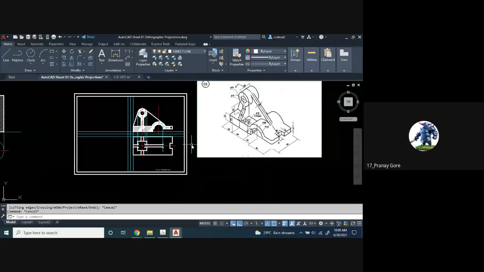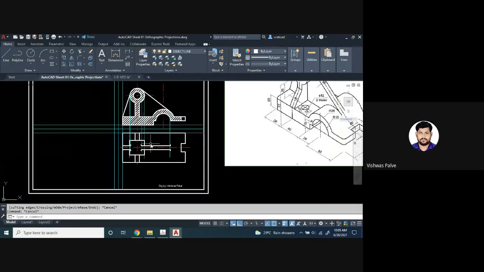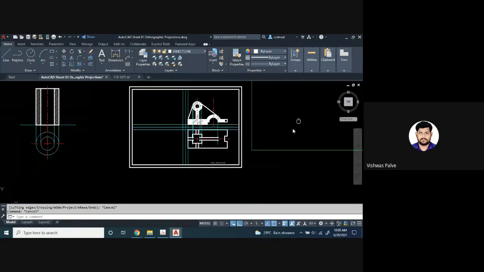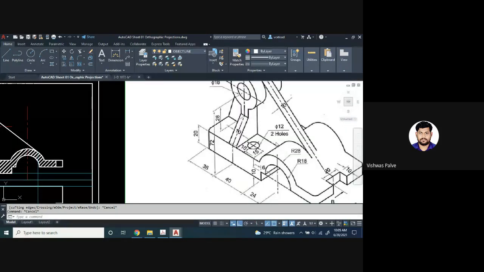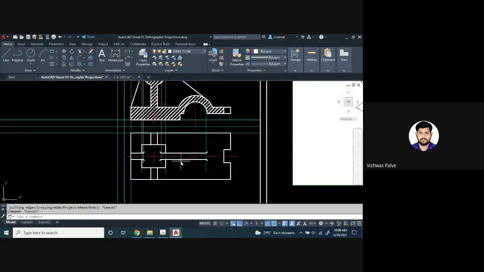Now when we observe it from top, we get these two cylindrical circular holes. Here also it will be there, and a similar hole will be on the other side. It is written that it is having 2 holes. So where is the second one? The second one will be hiding behind this rib. So we have to show both the holes here.